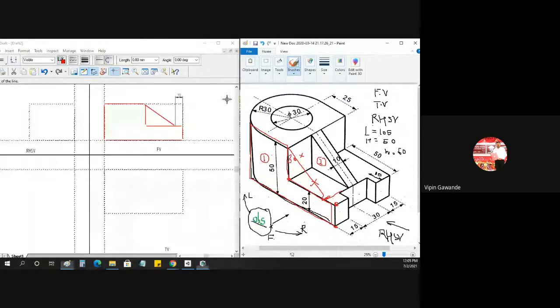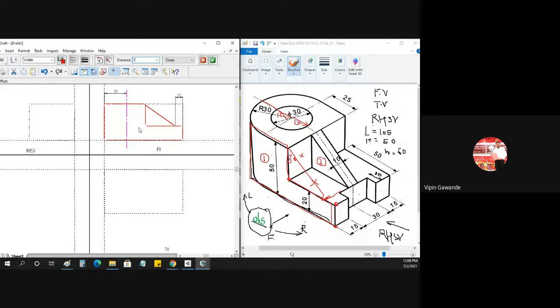Okay, so let us draw that line. While drawing any circle or semicircle, you first draw the center line of that one. So it is 30 mm from this side. So I have taken the dimensions from this side, and I have marked the center line for this one. Now from the center, the diameter of this circle is 30, so on the sides this is 15 and 15. I am taking the radius on both sides.